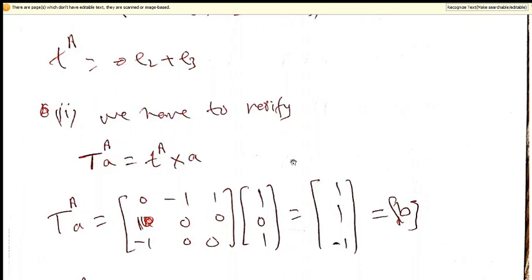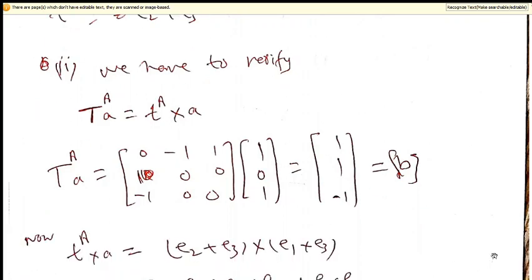To check this, A is given. Now the left hand side will be TA, this A is given as 1 0 1, so you have this, 1 1 minus this is B, the transformed vector. As I was saying when I was defining the dual vector, equation number 1 must be satisfied for every A if this is the dual vector. Or if equation 1 is satisfied, then this will be the dual vector.